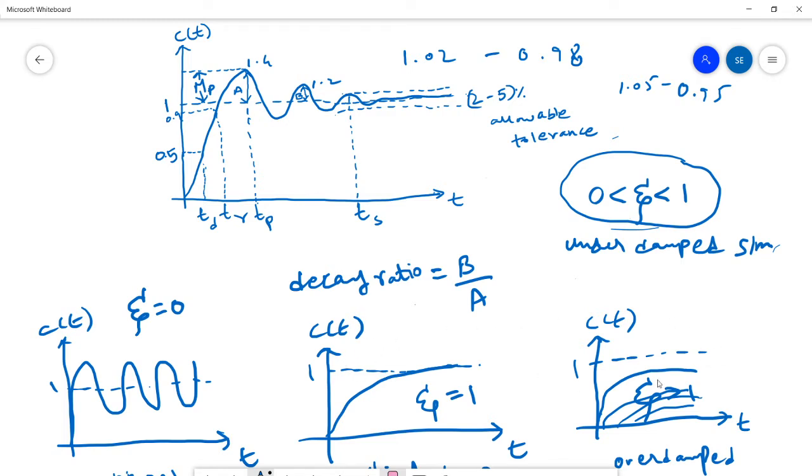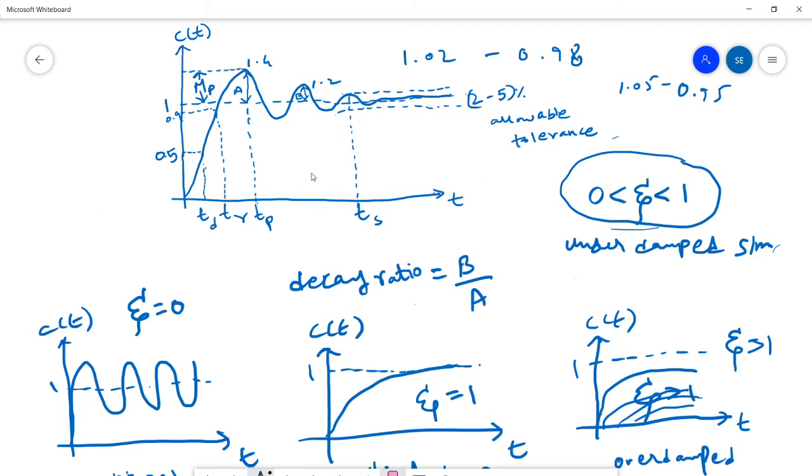Similarly, if you are considering an overdamped system, there will be offset. For higher zeta values, there will be more offset, right? If zeta value is much higher than 1, then you will get more offset, and you can't find rise time, peak time, maximum peak overshoot, and settling time for an overdamped system. So for that reason, we are considering the underdamped system, where zeta lies in between 0 and 1, so that you can calculate all these time domain specifications. That is the reason we are selecting the underdamped system, right?